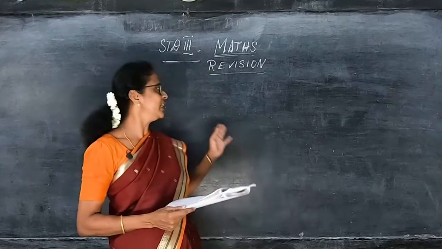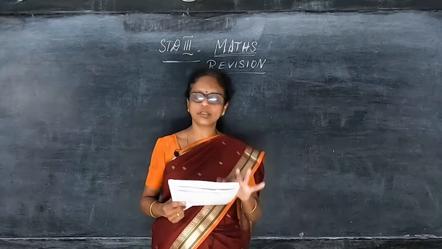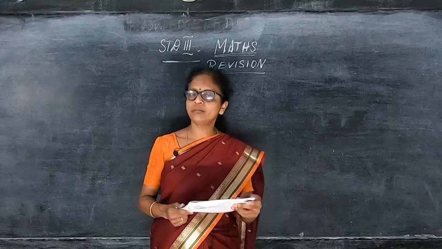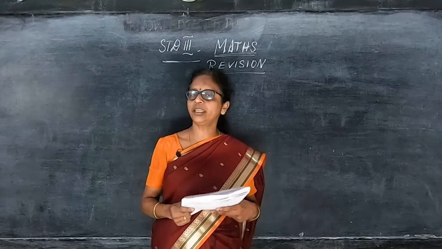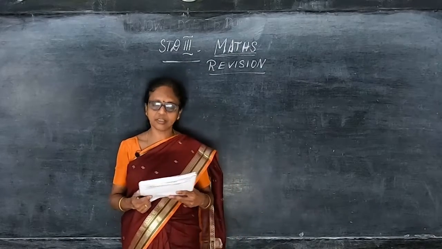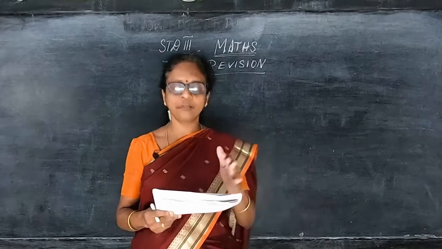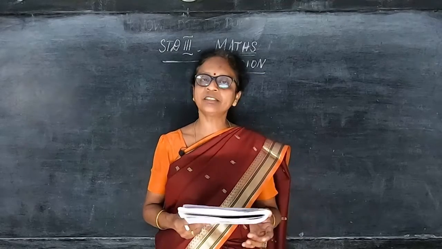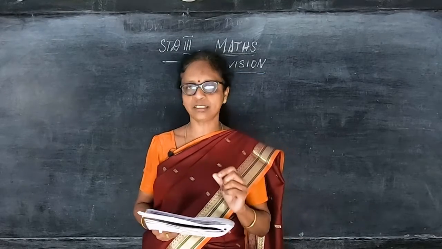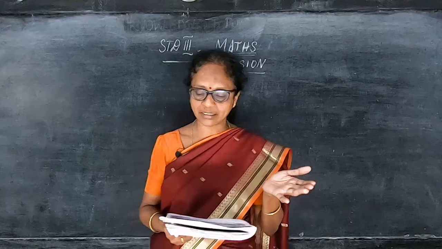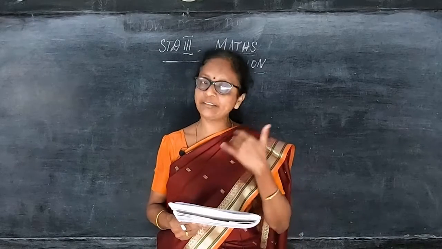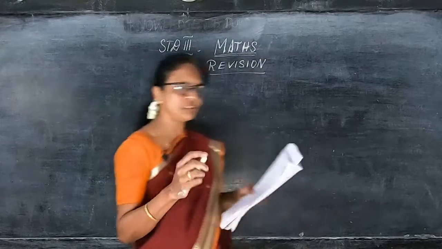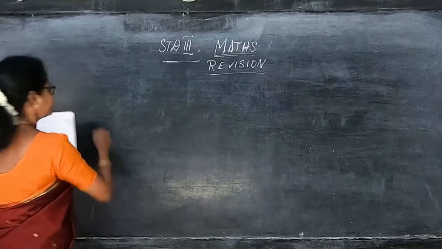So what all I am writing, write down in your notebook, children. Choose the best answer, match and fill up are there. Just make a note of this, and from this you can read for the annual examination. From this only we are going to ask the question answers. Copy this in your classwork, and I am going to write with answers only. For choose I will write the answer, for match I will give the straight answer, and for fill up also I will give the answers. Whatever I am writing on the board, note it down in your classwork, children.